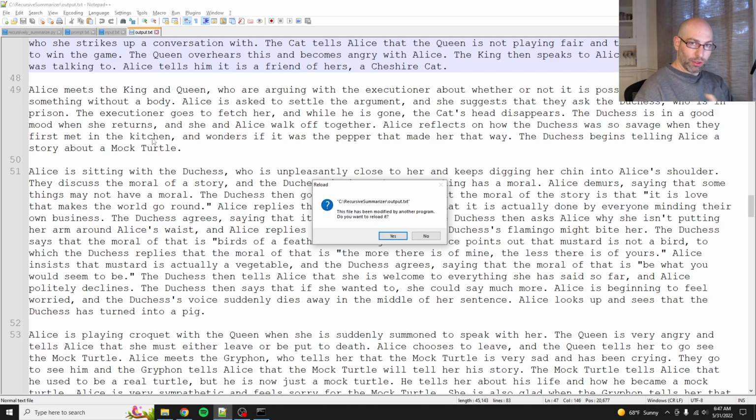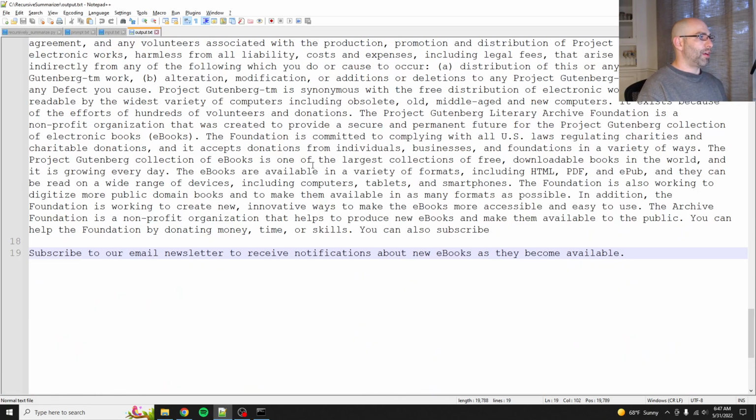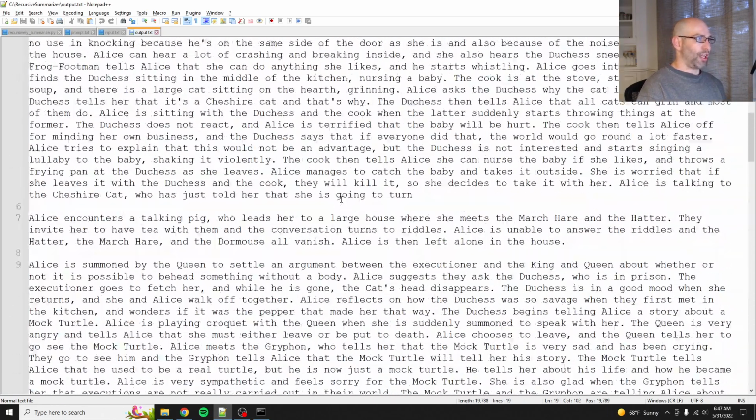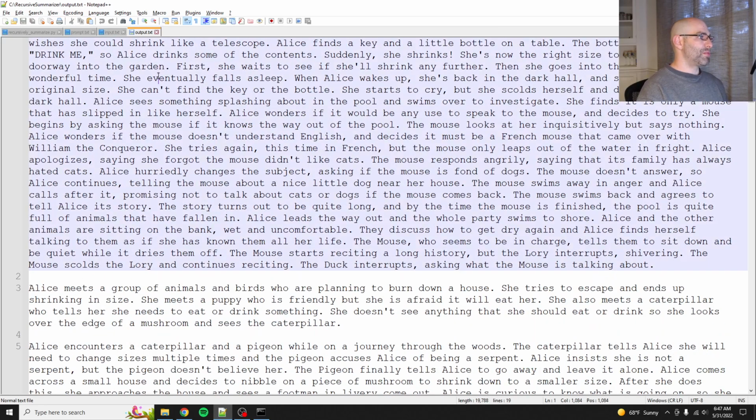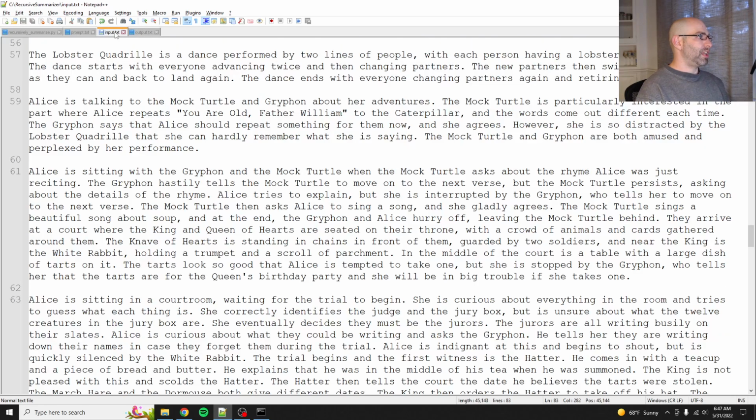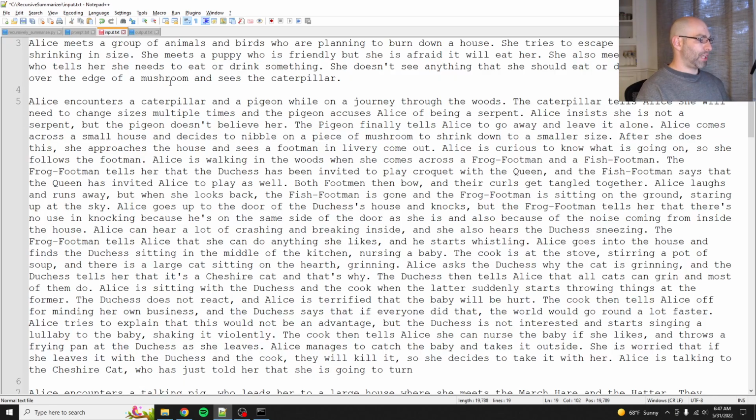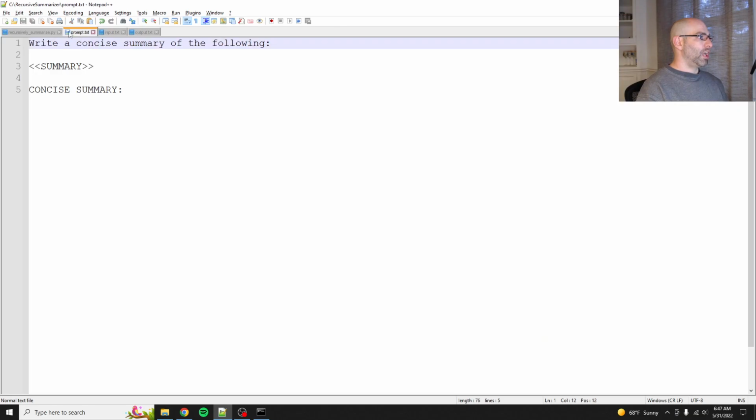The original input was 45,000 characters. You can see that at the bottom of the screen. Let's reload it. Now it is 19,000 characters. So that cut it by about half. So let's take the output and put that into the input. So now the next input is going to be 19,788 characters. And we will run it again.